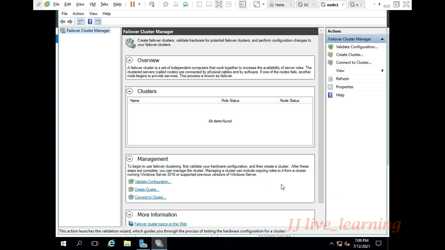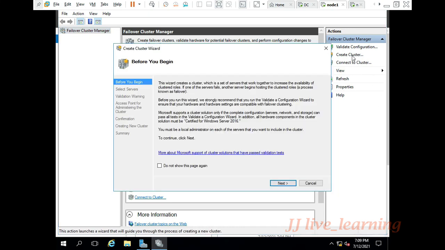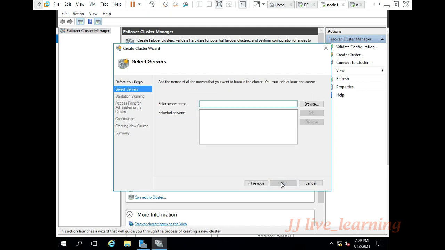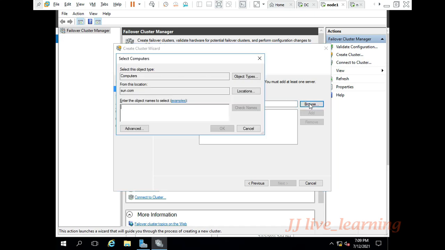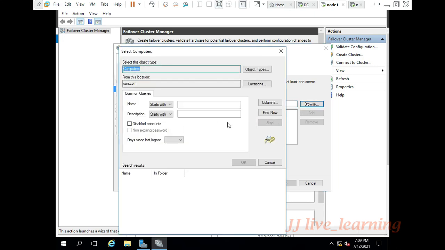Now we are going to configure your cluster configuration. So select cluster, create cluster. Add the 2 nodes, that is the primary failover server as well as the secondary failover server, on your cluster. Select your node 1 and node 2.